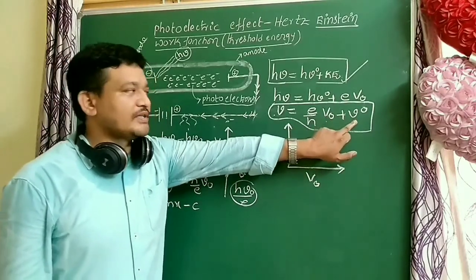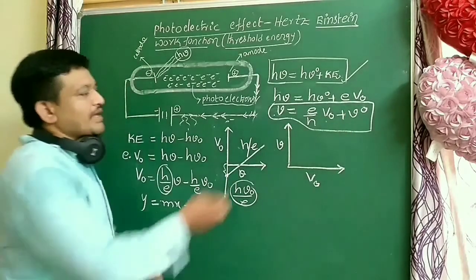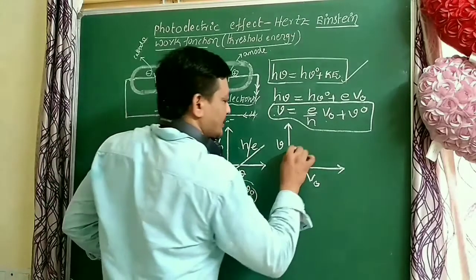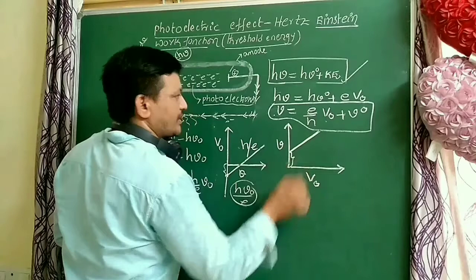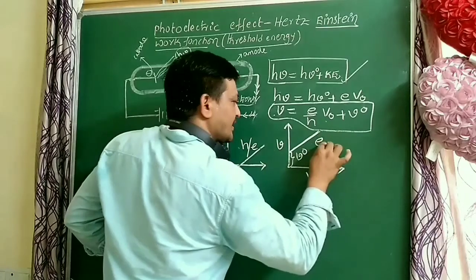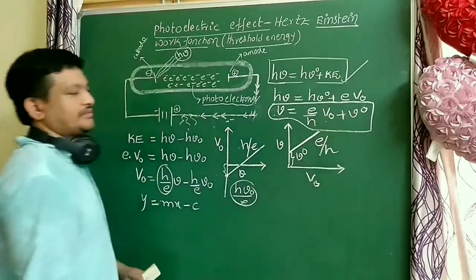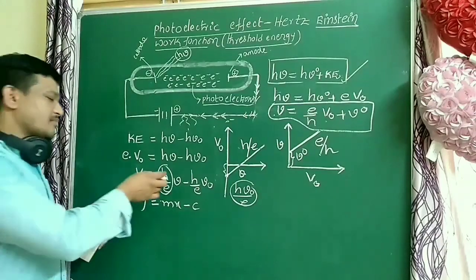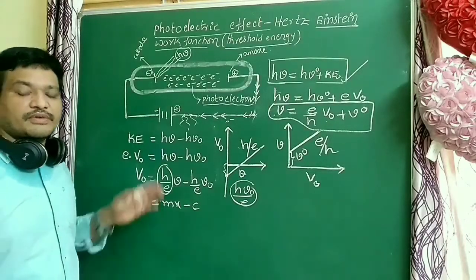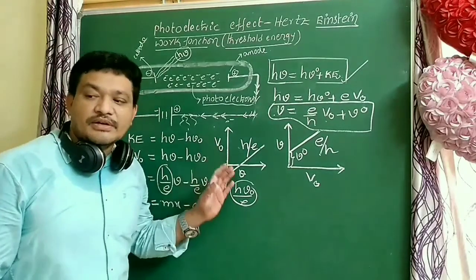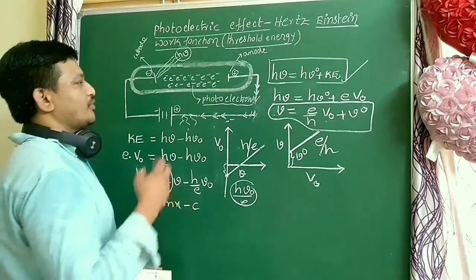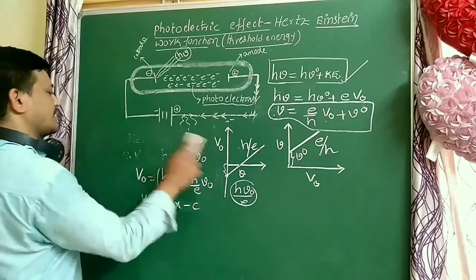Mu naught is a threshold frequency. So y equal to mx plus c. That is the graph. So this is the intercept. What is the intercept, students? Here mu naught. What is the slope, students? e by h. This is very important. So slope here is h by e, here e by h. That is very important, students. These graphs are very useful graphs. So next I will explain some important models in photoelectric capacitor. Some problems are there.